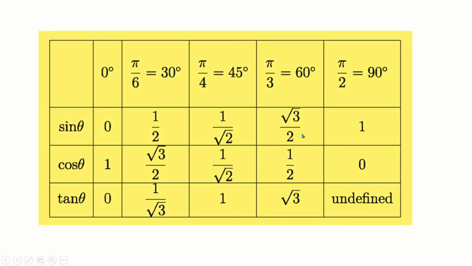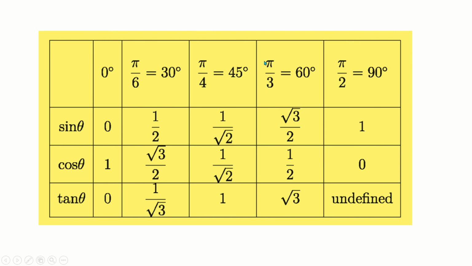And you have to remember this table. This is in your general math book, exercise 9.2. We'll discuss this type of relation. Sine 0 degree equals 0. Sine 30 degree or pi by 6. Pi means 180 degree, 180 degree divided by 6 means 30. This is in radian and this is in degree. Pi by 4 means 45 degree. Either pi by 4 or 45 degree, same. One is in unit radian and another one is in unit degree.